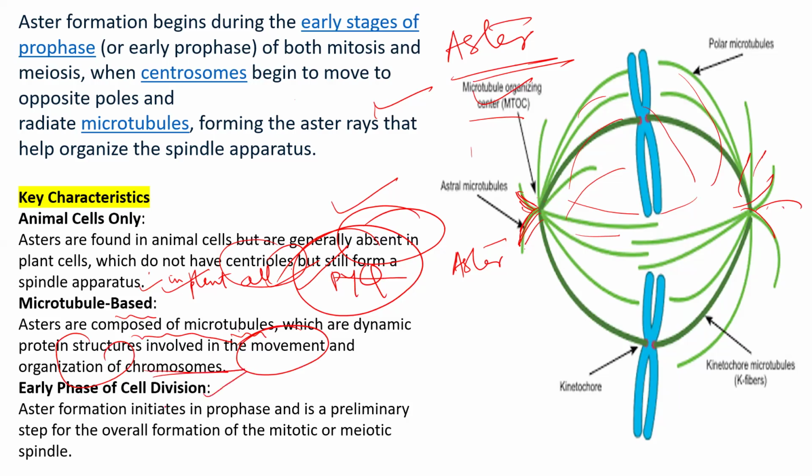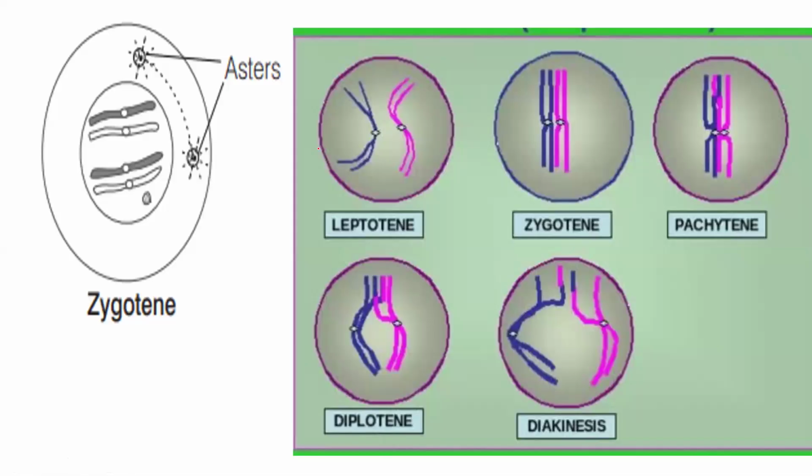So in the early phase of cell division, aster formation initiates in prophase, and it is a preliminary step for the overall formation of the mitotic or meiotic spindle. Very important point. Again, it becomes a PYQ. Aster formation initiates in prophase of mitosis and meiosis and is the starting step for the formation of the mitotic or meiotic spindle. Clear? It is also one PYQ. Now aster formation located in the image, and now move to the